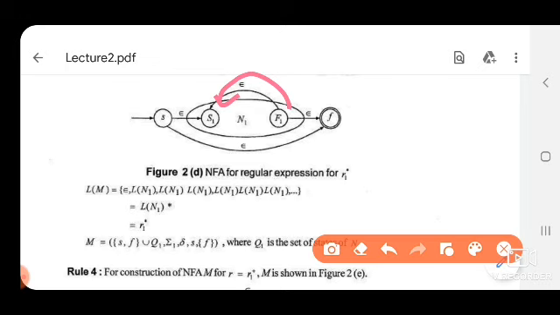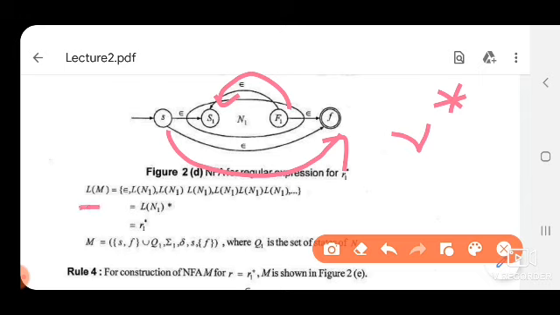And because R1 asterisk also generates null, there is an edge from S to F, so that we can accept the null string by this machine. From the F1 to S1 edge we can recursively generate longer strings such as R1 R1 R1 R1 R1. So this whole figure represents the NFA for R asterisk.